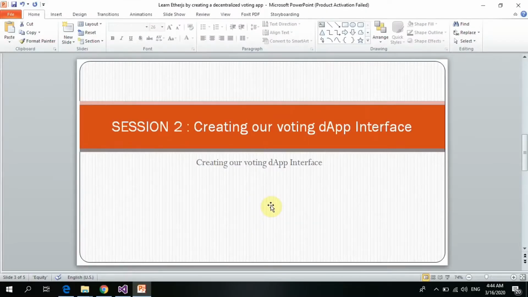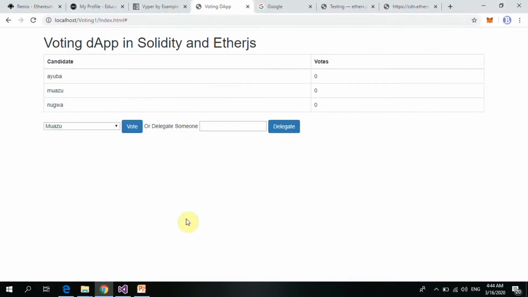Hi, welcome to session 2 of this video series, where we learn Ethers.js by creating a decentralized voting application. My name is Ayuba Ojonugwamo Azu. Now in session 2, we're going to create our voting app interface, and it's just going to be a very simple HTML interface that looks like this. So we have a list of proposals or candidates, and then you select a particular candidate, hit the vote button, and you vote for that candidate in a very transparent manner. Or you delegate someone to do that on your behalf. So we're just going to create this very simple interface, and